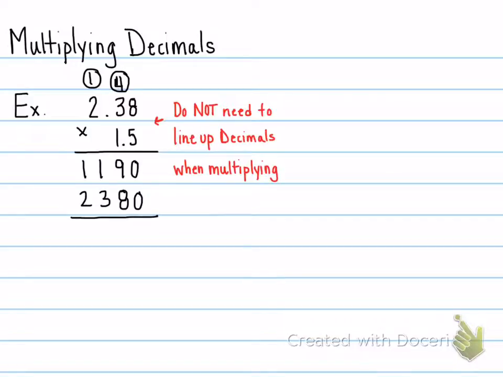Haven't even thought about the decimals yet. I'm going to add this up. 0, 17, carry the 1, 3, 4, 5, and 2 and 1 is 3. Now here's the important part. To figure out where the decimal goes, because it doesn't go straight down anymore like in adding and subtracting, I'm going to see how many numbers are after the decimal in both numbers. So when I look, I have 3 numbers that appear to the right of the decimal, the 3, the 8,